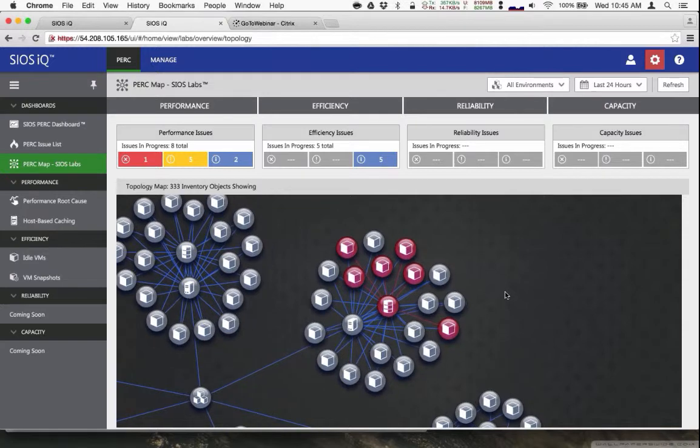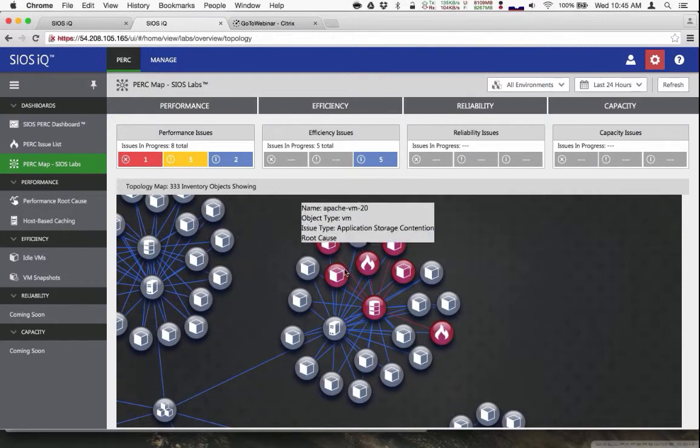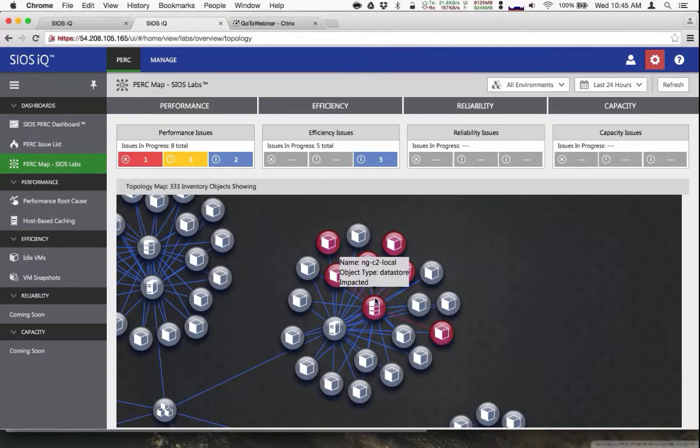Again, this is not just, hey, I've got an issue here, but this is really the shape of the data, the relationship between the different objects. Here I can see that these red ones are the ones that are being affected by this particular issue. And here I've got a data store. This data store is being impacted. Here I've got some impacted virtual machines. And then the ones that have the blinking icon right now, these are the objects that are the root